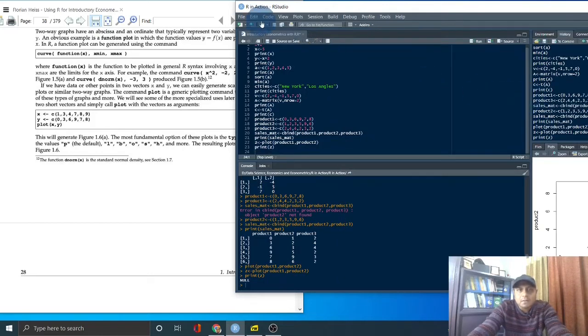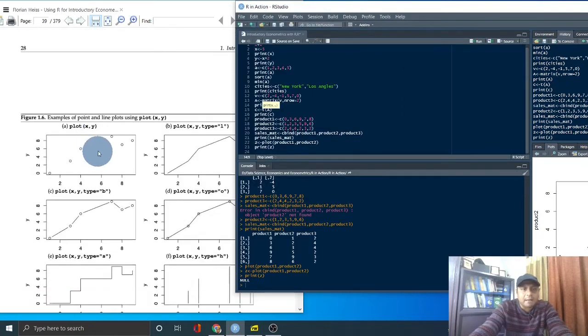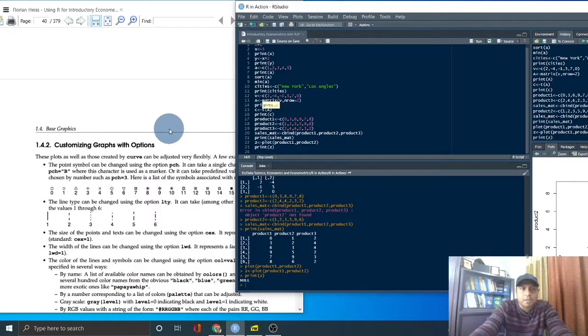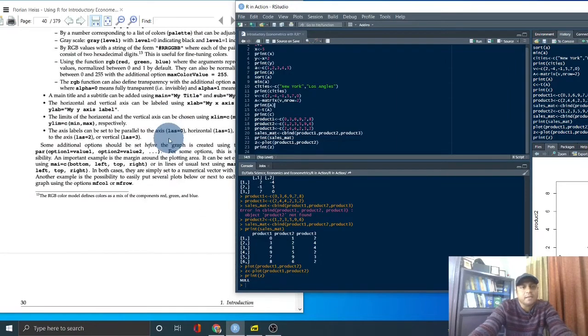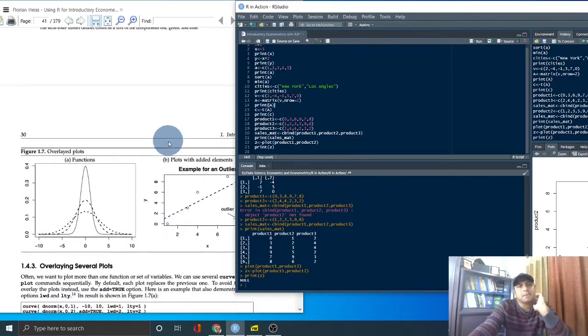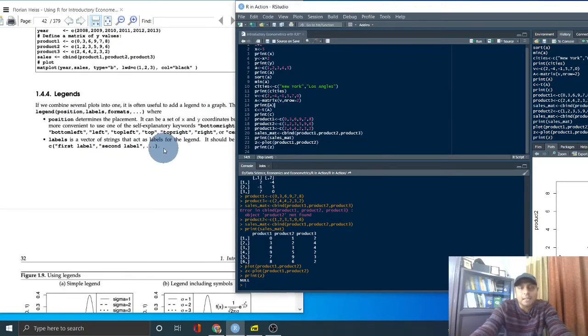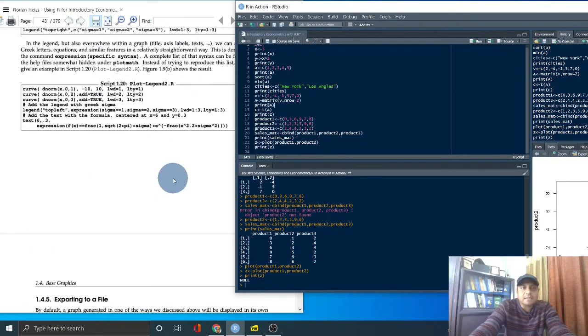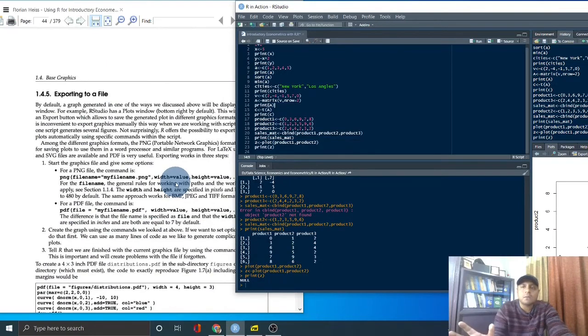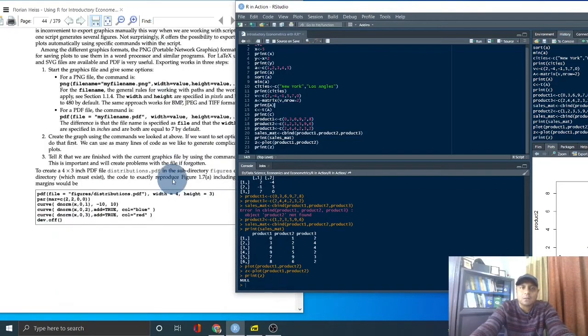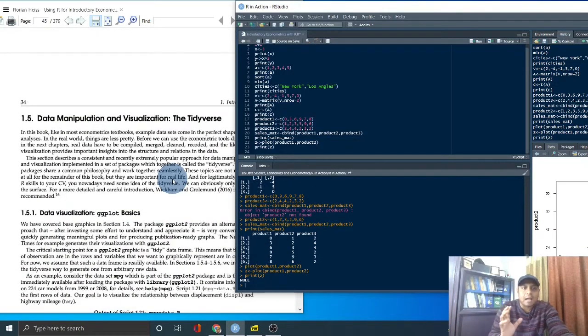So I guess this is what we have: some figures and the plot function, and there are some customized figures. This is what we will do in the next class. In the next video we start studying econometrics from the very beginning. Today's lecture is all about describing the R working environment and how we work with R.